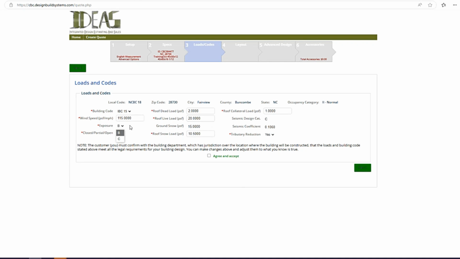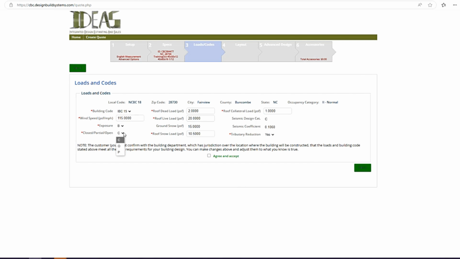For your exposure, you can do exposure B or exposure C. Exposure B is going to be used when your building is in an area that is blocked by wind. So if it's a building that's going in between other buildings, then it's exposure B. Exposure C would be if you're putting up a building that has unobstructed wind. Let's say it's a barn in the middle of a field or it's a shop in a new area. If you're not sure, always run with exposure C because that's going to protect you just from a pricing and